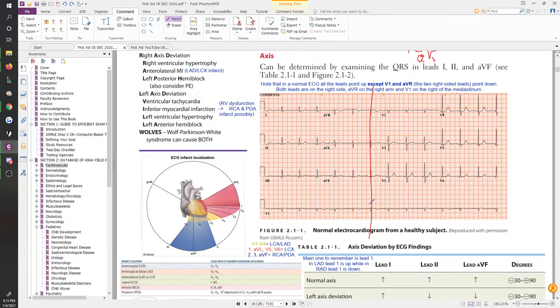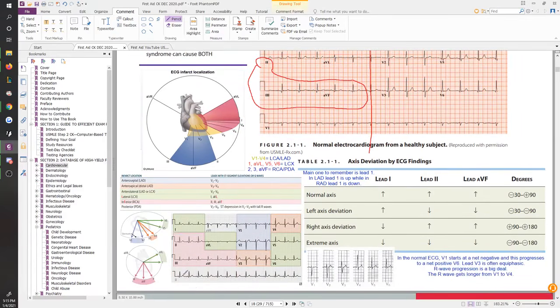Other than that, the other thing you want to quickly always look at is your 2, 3, and aVF, right? So you have your 2, 3, and aVF, this area right here. Okay, in First Aid for Step 1, they have this image to help you start seeing that as well, highlighted in pink, which looks at this bottom area. Right, so in First Aid Step 1, they have actually now kind of sort of started mentioning the axes and things. They don't really talk about it too much, but they have these images that are actually showing you axes, right?